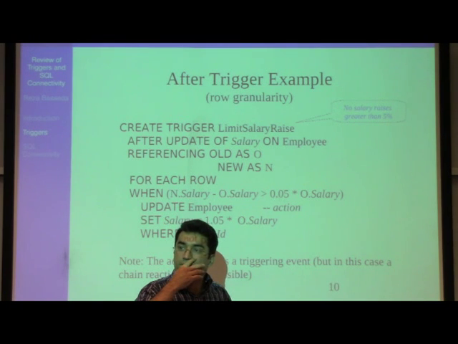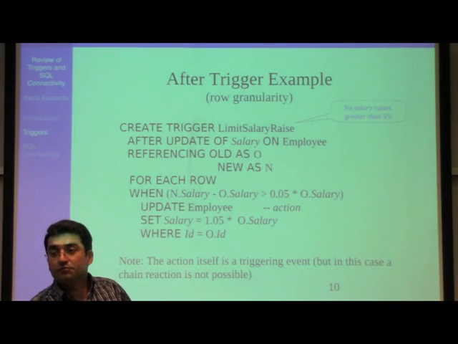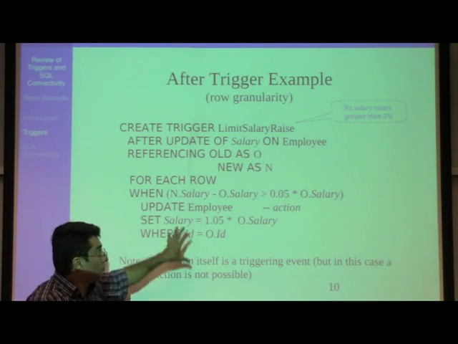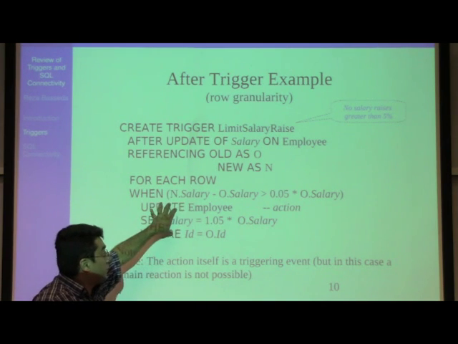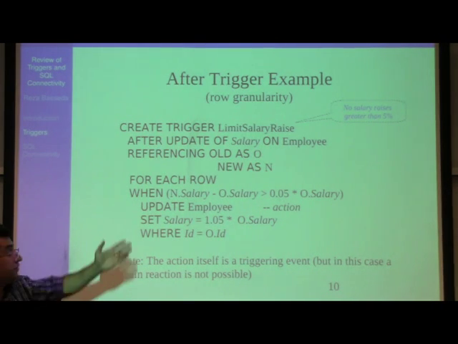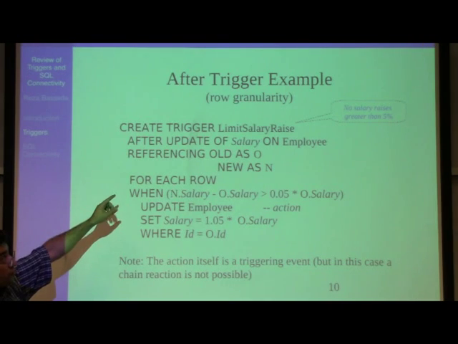But it's still checking the condition, right? Even in the row one, it is checking the condition. If it is a statement level, the whole transaction will be limited to this one. The condition will not go through. If the condition goes through and